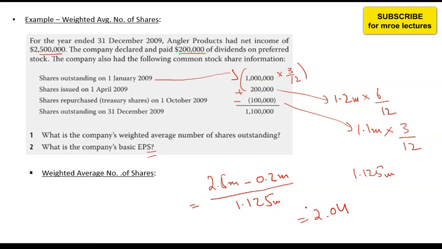So this is a very basic calculation of EPS, in which we have only done calculation for weighted average number of shares. Rest of it was very simple. This is known as basic EPS. There is another type of EPS which is far more important than basic EPS, which is used when you are performing any analysis. So when you are performing any analysis, it is better to use another type of EPS, that is known as diluted EPS, instead of using this basic EPS.